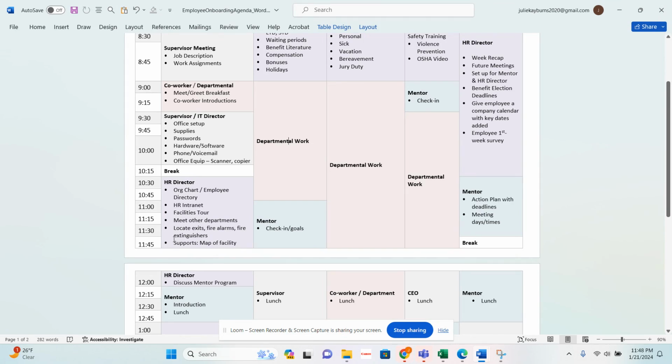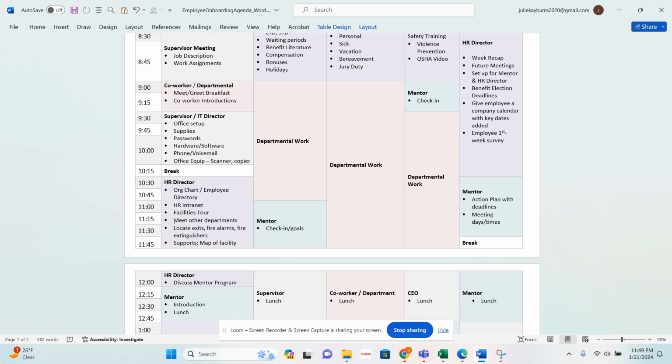And right off the bat, the HR director needs to locate the exits, the fire alarms, the fire extinguishers. Why do you think that? Yes, because in those first 2-3 days, it is mandatory in most industries that fire safety training be taught to a new hire.